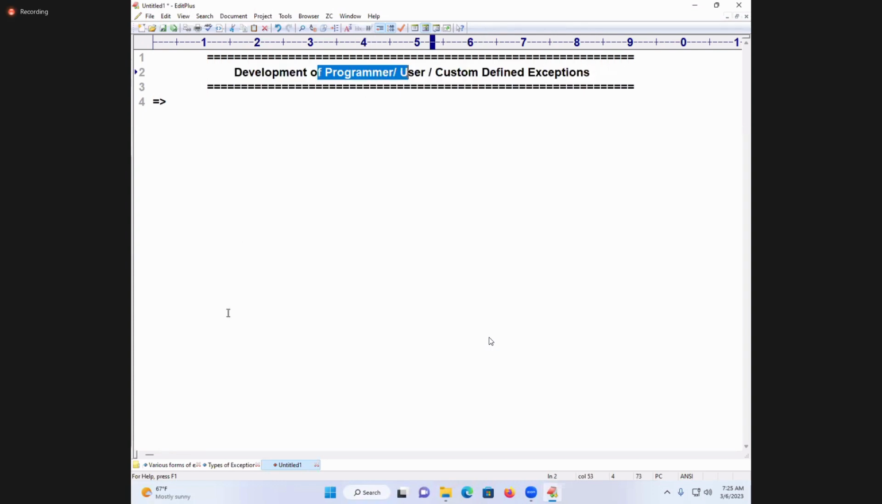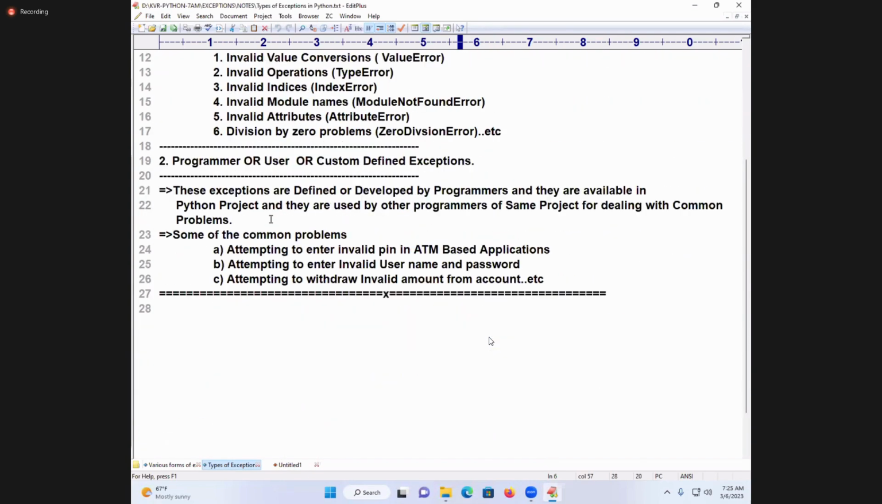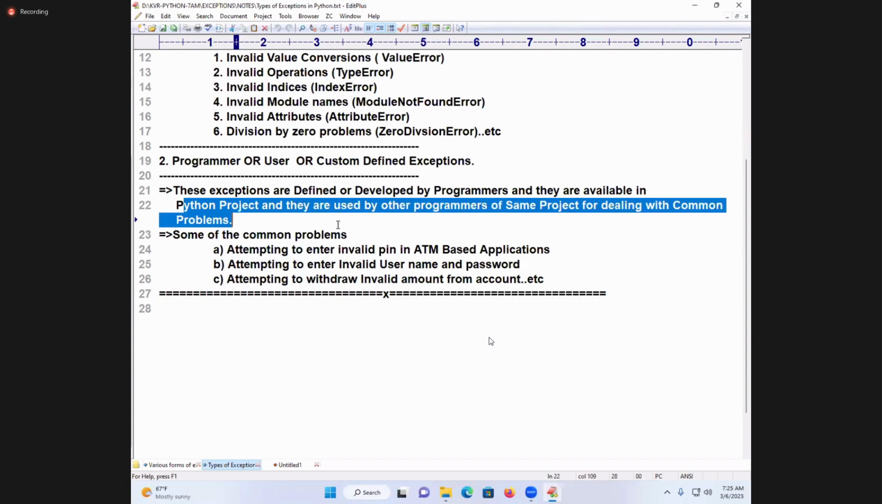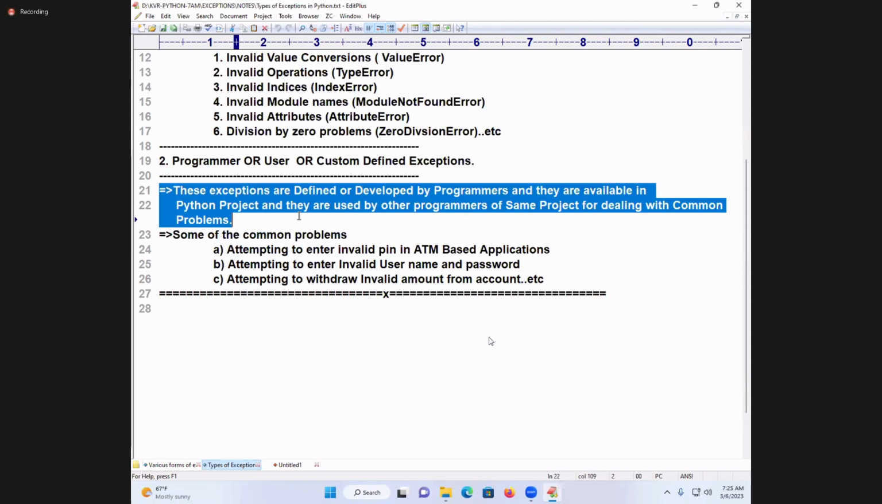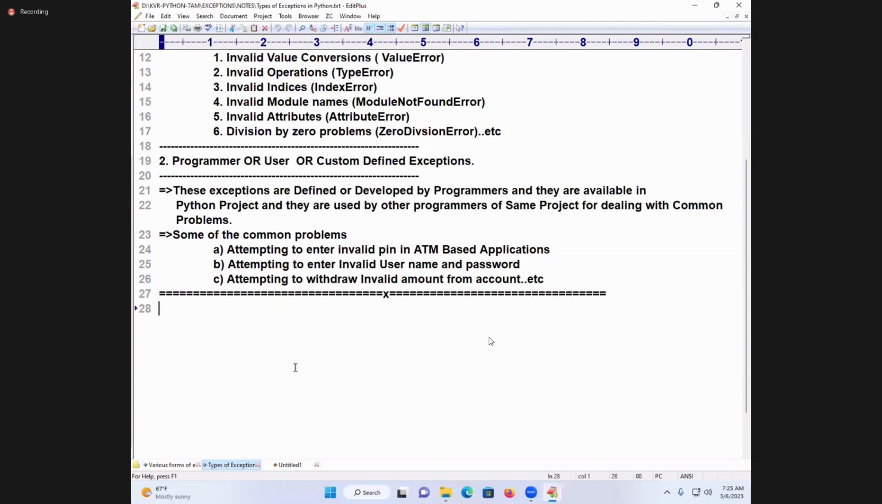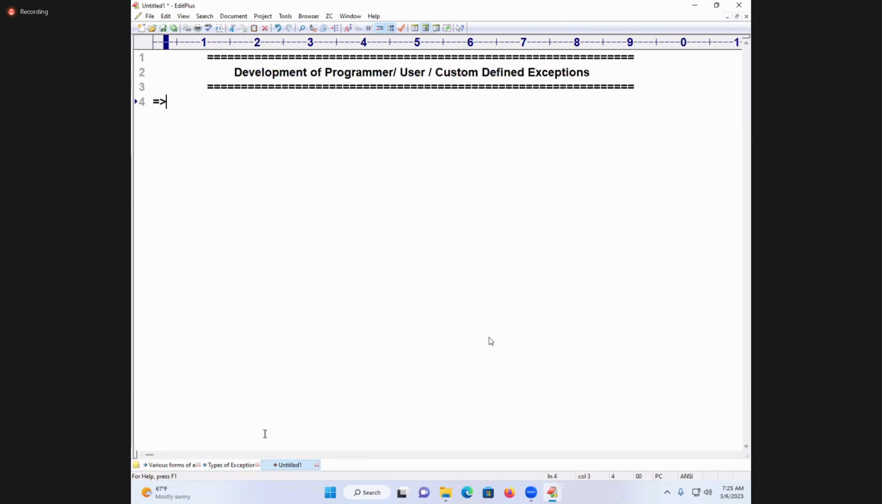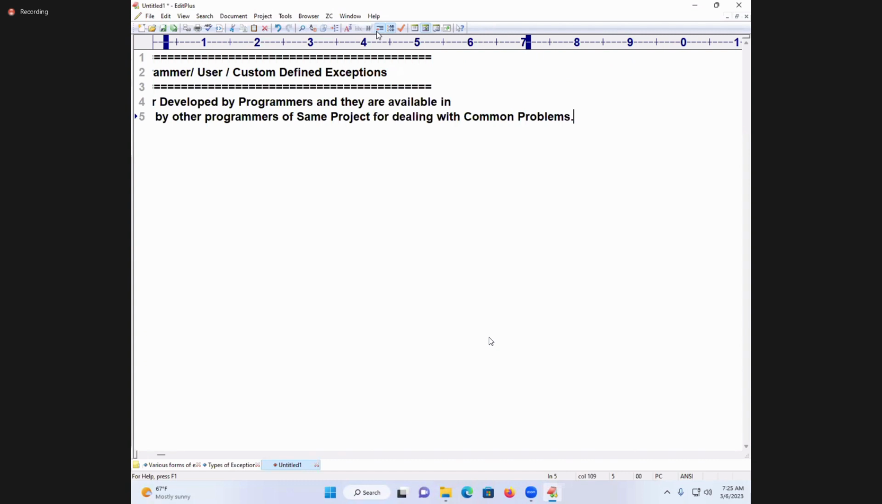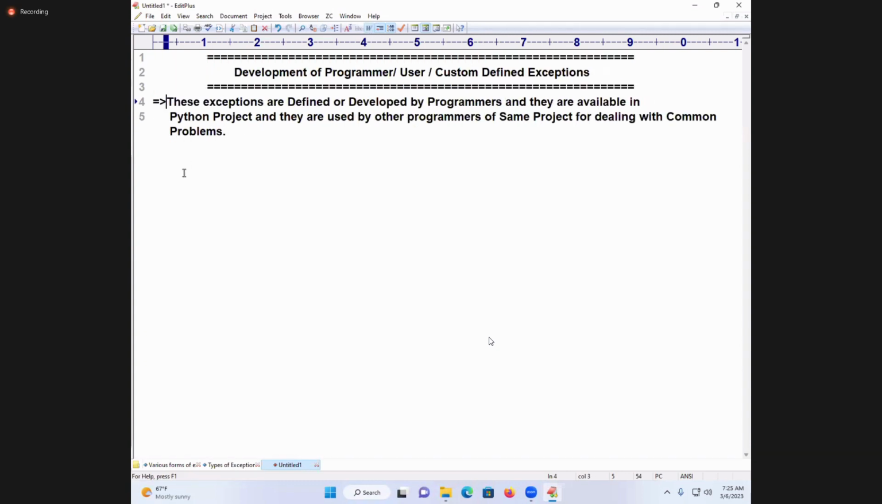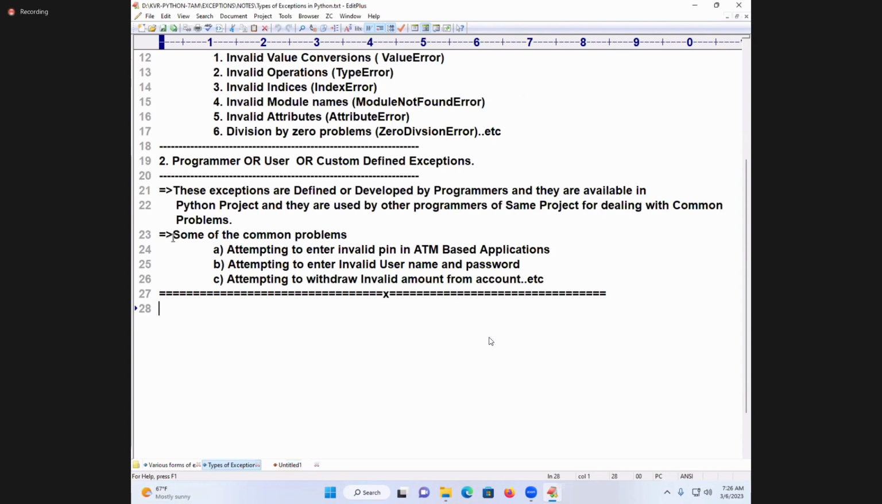First of all, what are programmer defined exceptions, which we already discussed. Already you know, students, programmer defined exceptions are those which are developed by programmers and they are available in a Python project, used by other programmers of the same project for dealing with common problems. So this I will carry forward, and I'll be discussing here what are the common problems which are occurring. Some of the common problems are